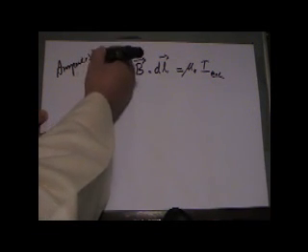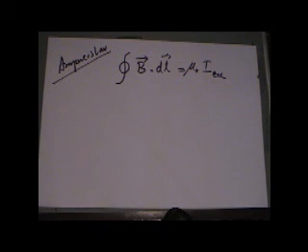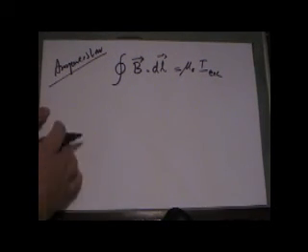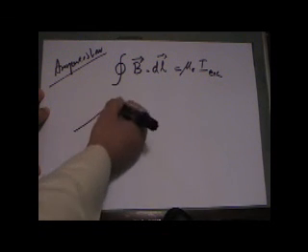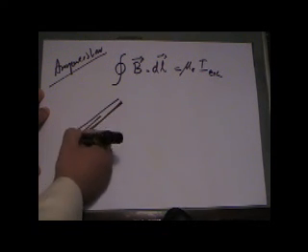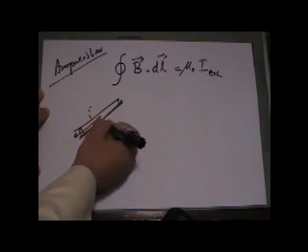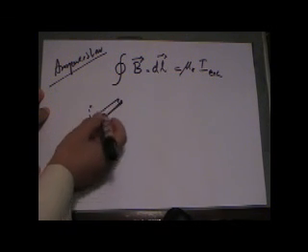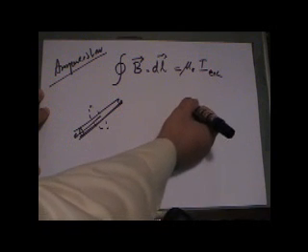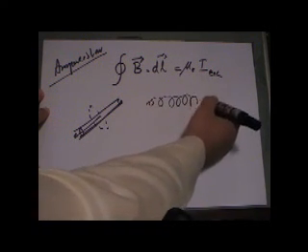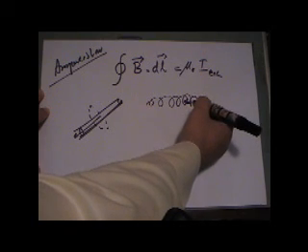Now we use this to calculate three things, and this is the one that I want you to be really careful with: we use it to calculate the field of a wire, using an Amperian loop as a circle, and we used it to calculate the field in a solenoid, where we found the field inside the solenoid is uniform, but